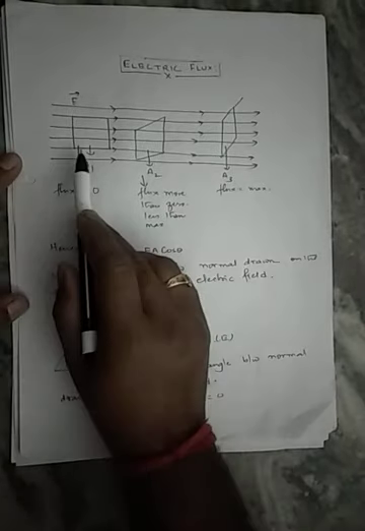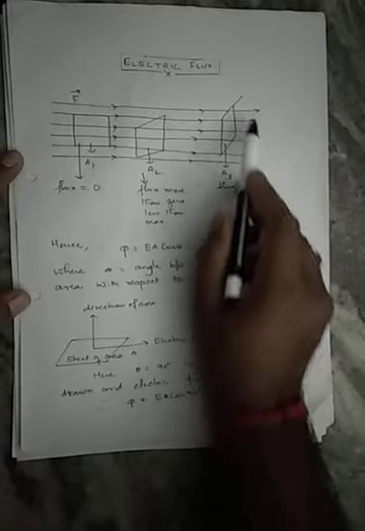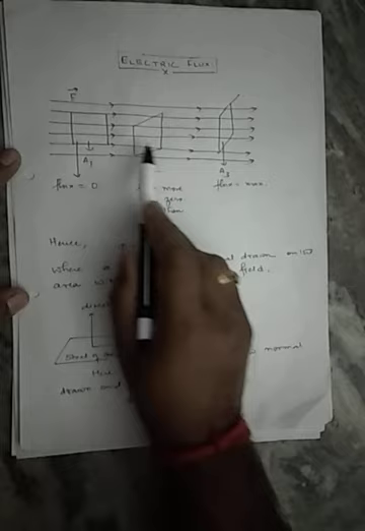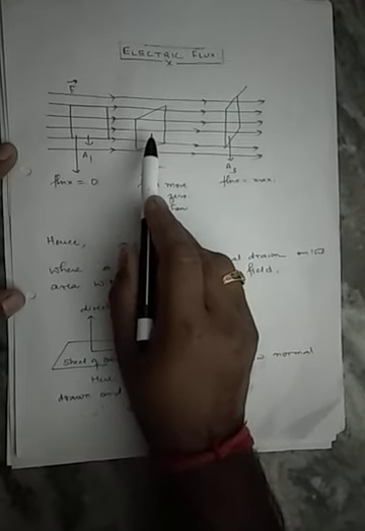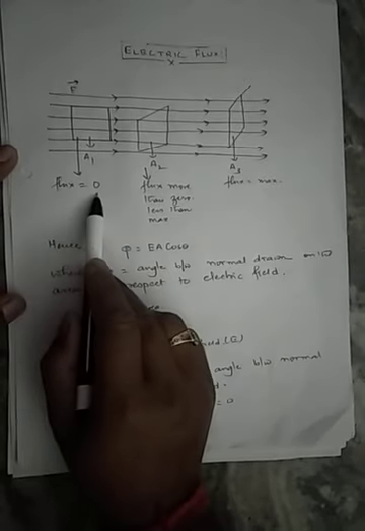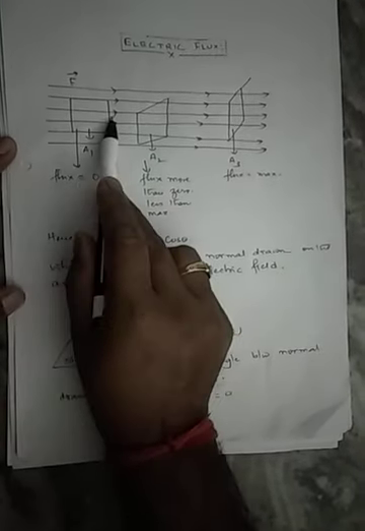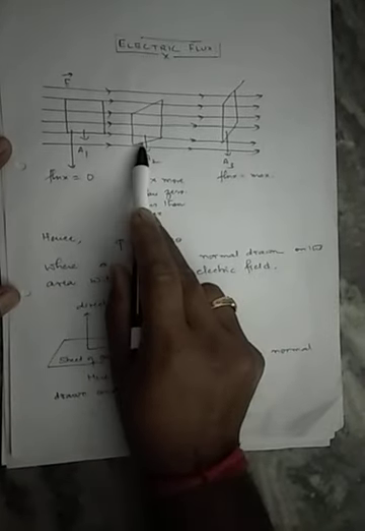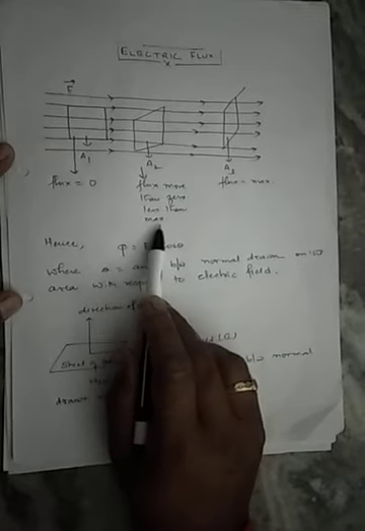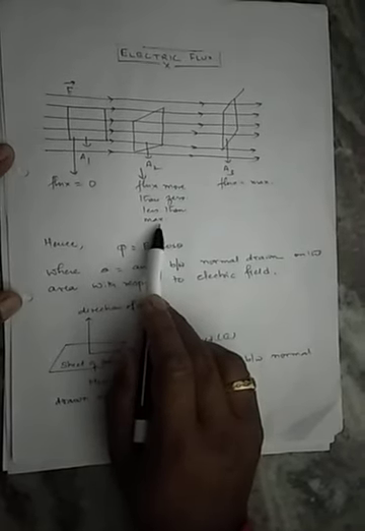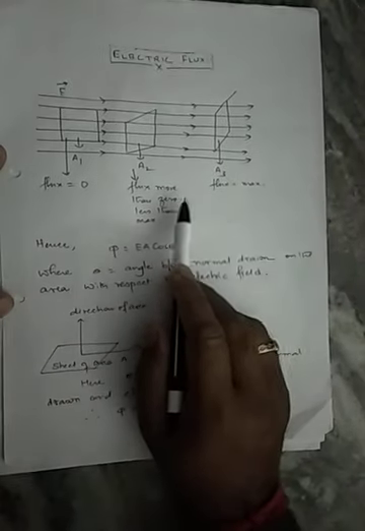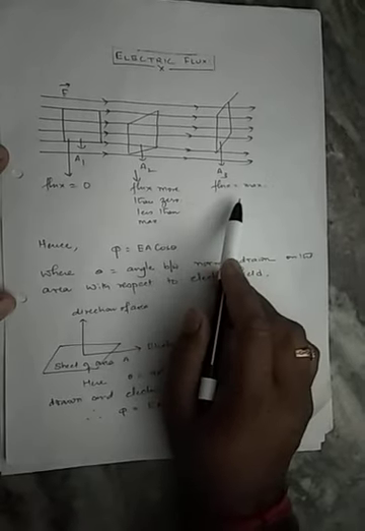Now out of these three, only this particular face is present where electric lines of force are passing normally to the area. Out here, the angle is not 90 degrees, it is other than 90 degrees, and for this case the angle is 0 degrees. So we consider that the flux is 0 here, since it is just grazing the surface. Out here, theta is neither 0 nor 90 degrees, so the value of flux is more than 0, less than maximum. In this case, since the angle is 90 degrees, we consider flux to be maximum.